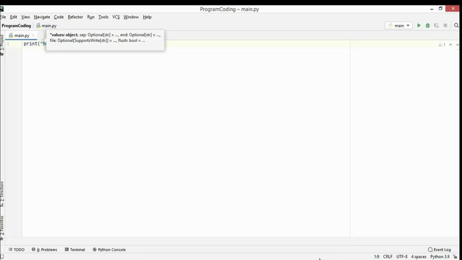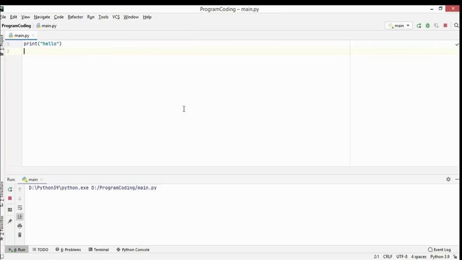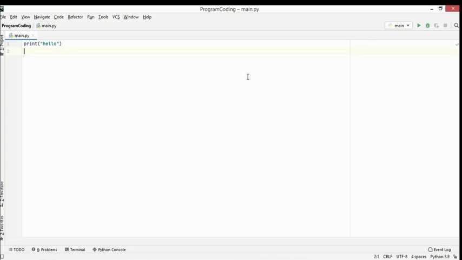Now give double quotation. It has also completed the double quotation marks. Now just say hello. After it's done, there are two things you can do: first run from here, or just right click and run main. Now after it's done, it would give something like this: hello. But you have noticed that PyCharm has taken 700 MBs and much RAM it would be taking. So instead of using PyCharm, you can use a far lightweight IDE as well as an editor. That is Visual Studio Code.